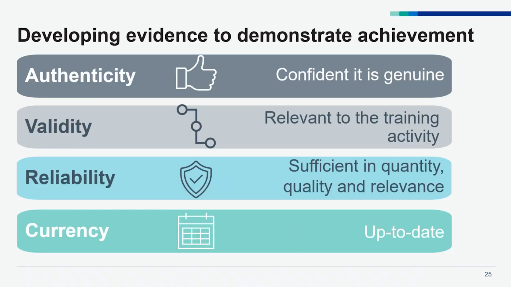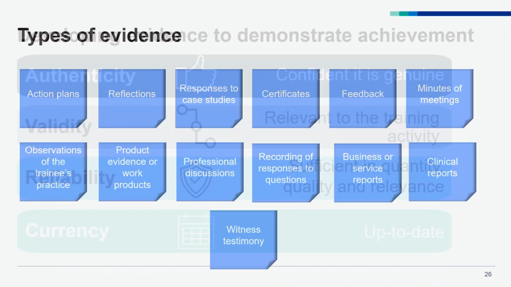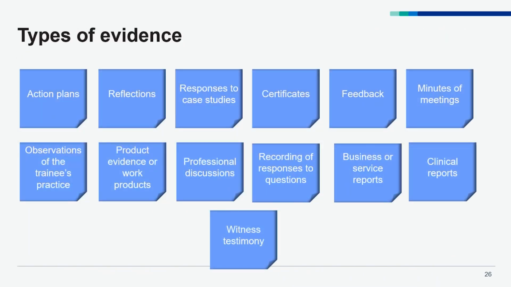So bringing it all together, it's got to be genuine, relevant to the training activity, sufficient in quantity, quality, and relevance, and it needs to be up to date. Now, there are types of evidence here, and for these specialist modules it could be a huge array. Some of these are quite general, and underneath them could be lots of different evidence. So you've got action plans, reflections we know about, and responses to case studies. So if we think of DTAs,